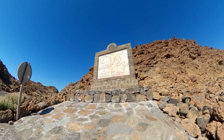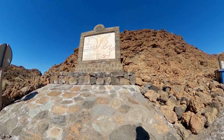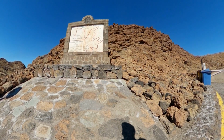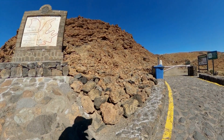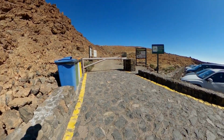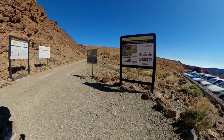We've come up on the 348 bus from a very misty and damp Puerto de la Cruz up to Siete Canadas, and we're about to do a walk up Montana Blanca, which is a misnomer for two reasons. Firstly, it's not white, it's a sort of a pale beige colour, and secondly, it's really more of a